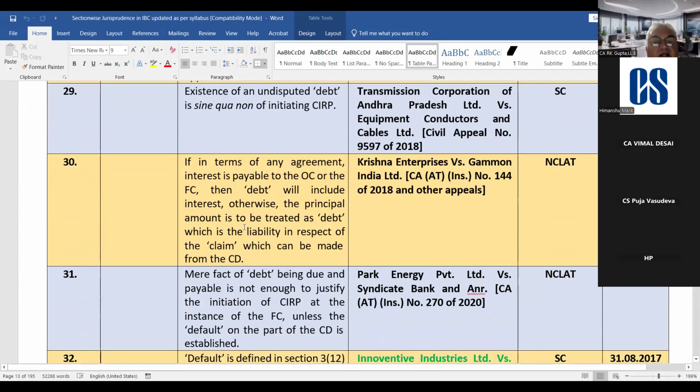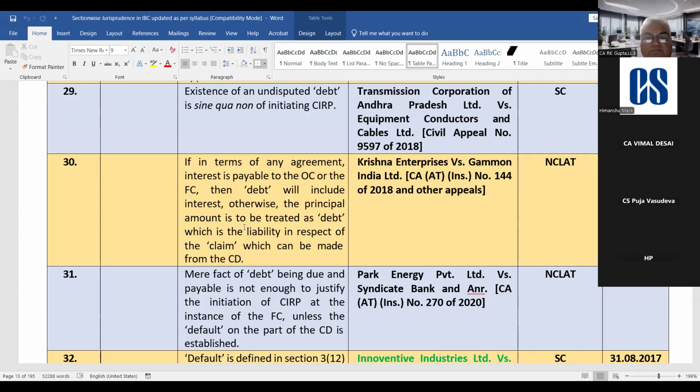If in terms of any agreement interest is payable to the OC or the FC, अब बात आती है कि डेट में क्या आएगा, इंटरेस्ट भी आएगा या प्रिंसिपल अमाउंट ही आएगा। This is the question. So it says we have to see the terms of the agreement. If in terms of any agreement interest is payable to the OC or the FC, then the debt will include interest. Otherwise the principal amount is to be treated as debt, which is the liability in respect of the claim which can be made from the CD. ठीक है? तो आपको टर्म्स ऑफ एग्रीमेंट देखनी पड़ेंगी। अगर टर्म्स ऑफ एग्रीमेंट में इंटरेस्ट पेबल है तो इंटरेस्ट इंक्लूडेड होगा, अदरवाइज प्रिंसिपल अमाउंट ही डेट है।